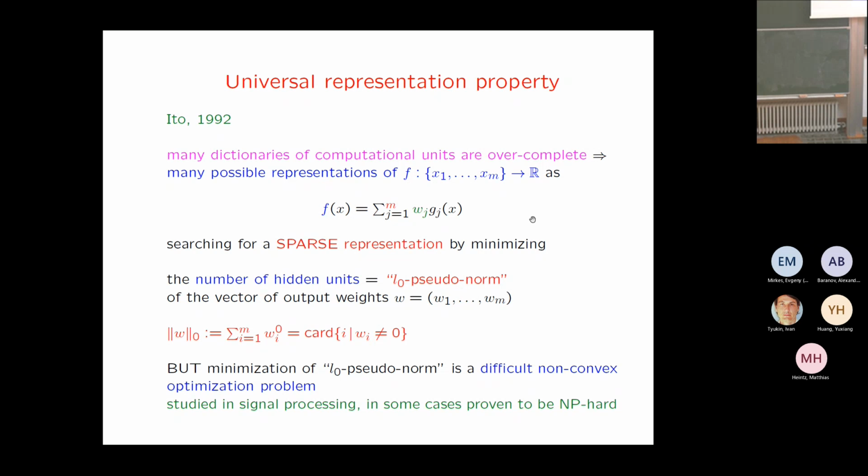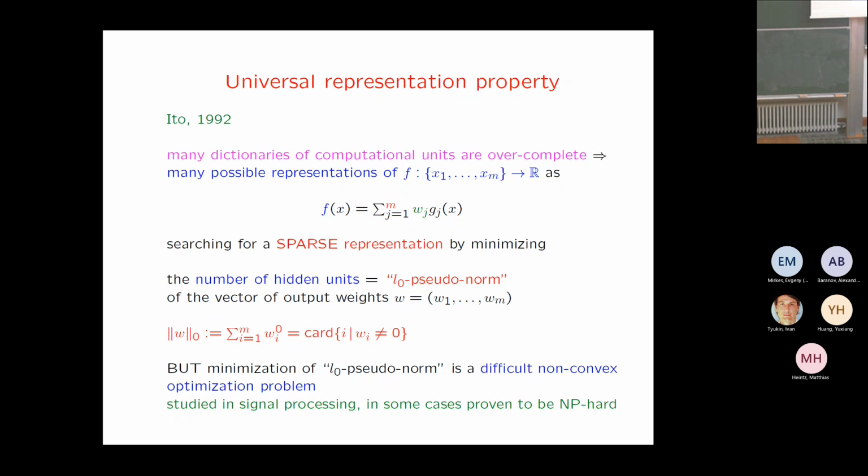So maybe it's possible to do it with fewer, because these universal results usually assume something unnecessarily big for many cases. But the problem is that the minimization of the number of non-zero coefficients in such a linear combination is a difficult